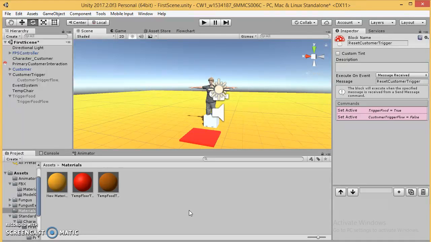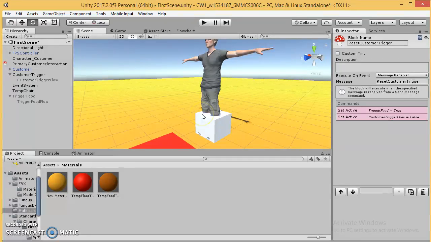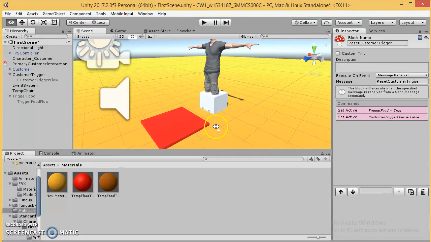In terms of storyboarding, I have decided that the player will have the role of a waiter, with the key flow being the player receiving an order from a customer and relaying that order to the kitchen staff, most likely where the Paladin model will come in. In this instance, Remy is a customer, and it is possible that the Malcolm model may be used in the future as well. In our current scene, you can see Remy standing through a cube. This cube will be replaced by a chair in the future. As far as our main flow goes,